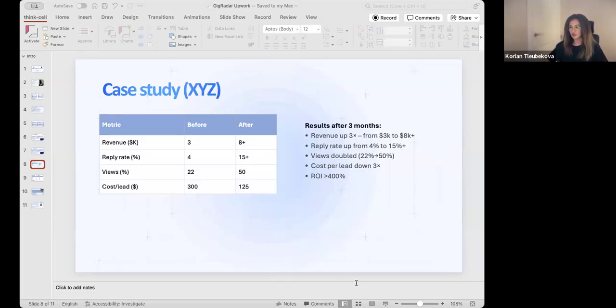And then the proposal view rate. Additionally, only roughly 1 in 5 proposals, like 20-22%, were even viewed by clients. And Upwork actually shows when a client opens your proposal. So in their case, about 87% of their proposals never got opened at all. This was likely because they were often late to apply. If a client already got a bunch of proposals, they might not scroll far enough to see